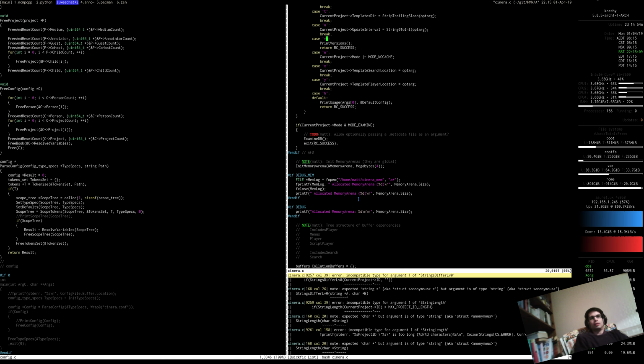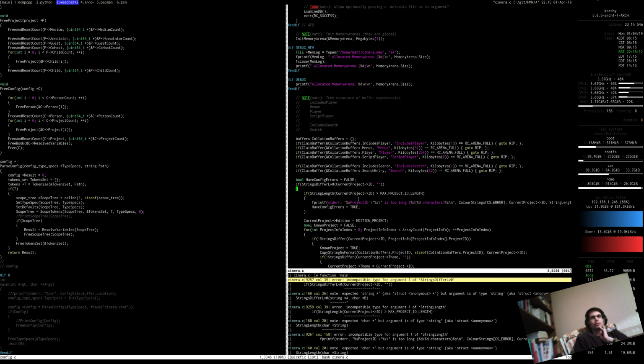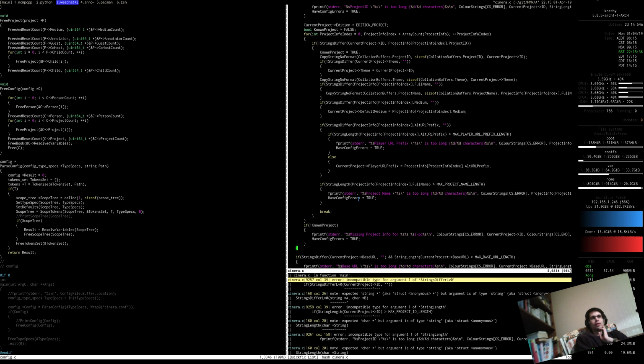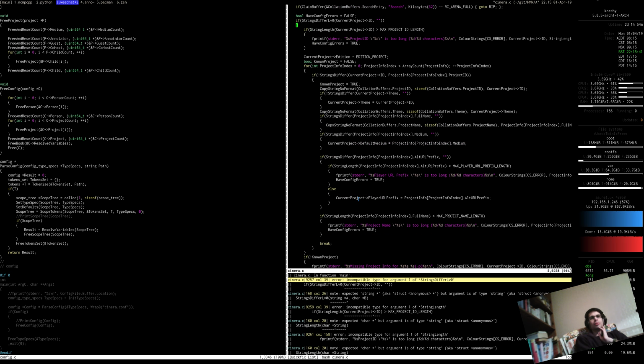So yeah, like I said, we've been into the memory arena, claimed all our buffers, which is probably going to change how those work. But then we're saying if the strings differ between the current project... I mean, that seems garbage, doesn't it? Really, rather than doing that whole thing, and probably rather than doing anything like this at all, we need to have parsed in the config, and then I think what we need to be saying here actually